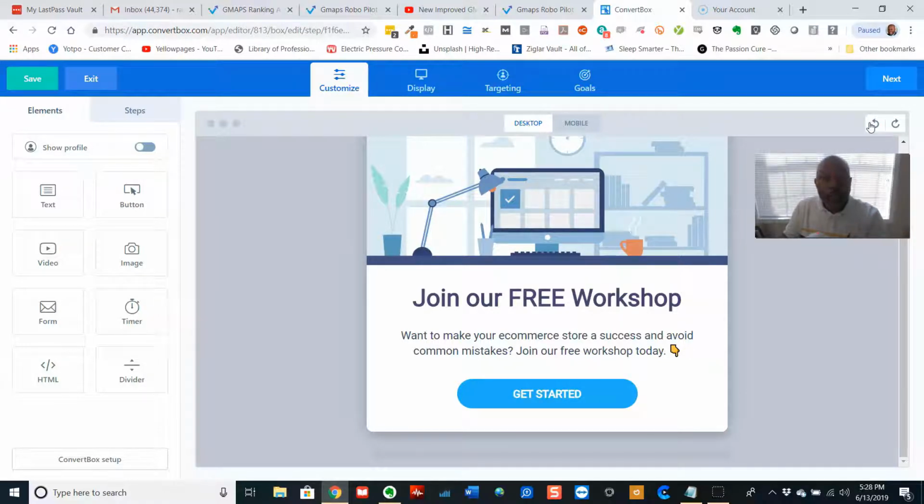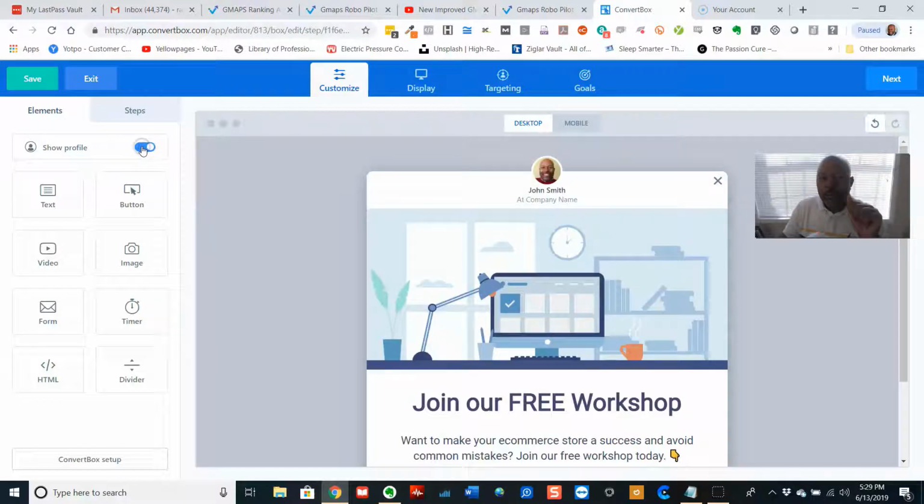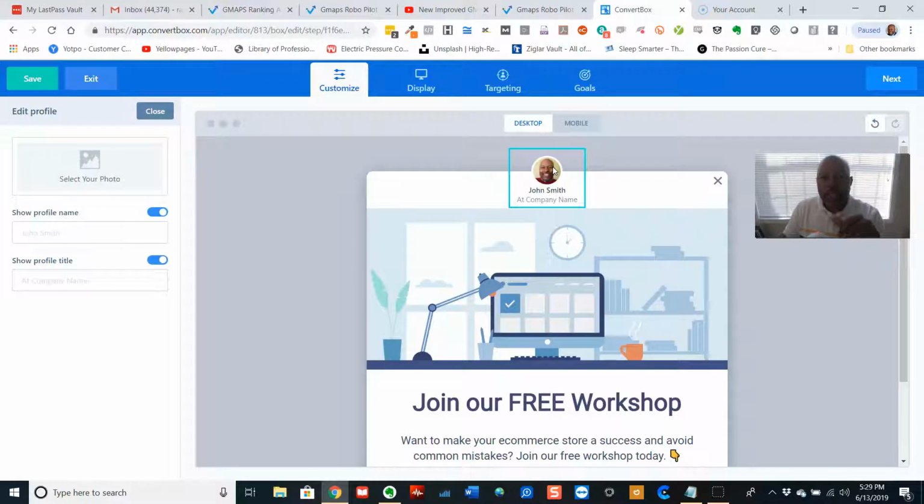The undo, redo helps you to go back to a previous state of the particular ConvertBox that you were building, or whatever the case may be. Now, on this particular ConvertBox, there is no profile image. I want to show you how easy it is to add a profile image. It's a nice touch we see on certain websites these days. It's just a matter of clicking this button. Now you see my headshot, which has been previously used, is already set up. So it says click to edit, and then I can just come in here,